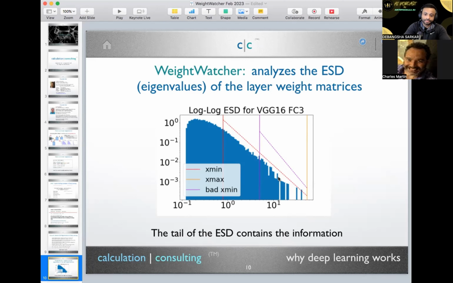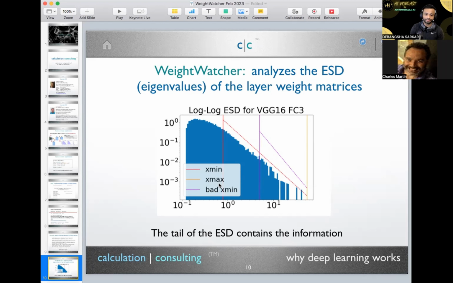And the way the tool works is it tries to find the start of the tail. This is where the information, the generalizing components, concentrate in the tail. That's one of our conjectures. Or at least you can describe them as if they concentrate in the tail. There may be information out here that's necessary, but you can describe things by looking at the shape of this tail. When you have a good tail, you get a good fit, a nice straight line. Sometimes you'll get a bad fit. Sometimes you can't really fit it and you get something kind of goofy. And what the tool does is try to distinguish between good and bad fits.